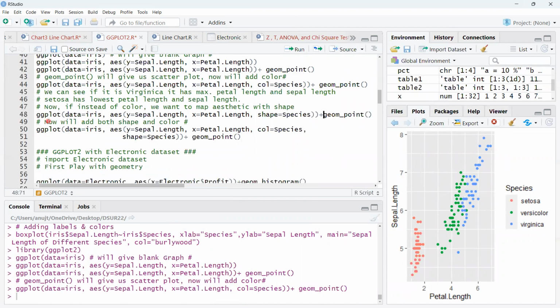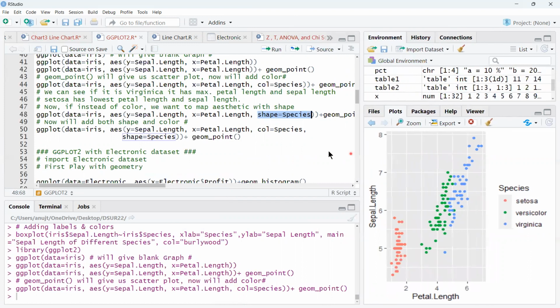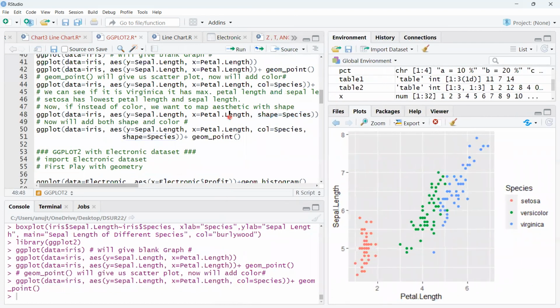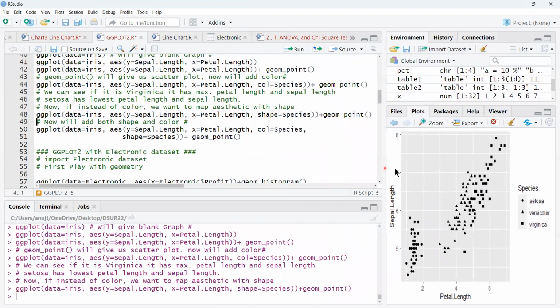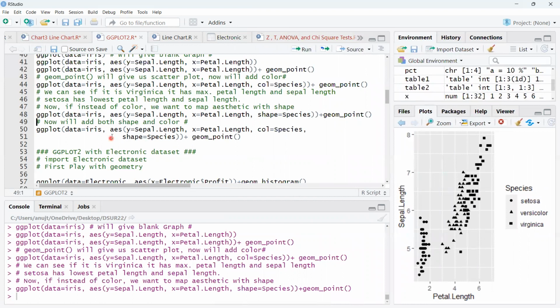Now, if instead of color, you want to categorize the species according to their shapes in the plot, I'm taking different shapes. So if I run this, now see, for Setosa we have a circle, for versicolor we have a triangle, and for Virginica we have a square. These are given by default by the plot. But if you want to use different markers, you can use marker with the PCH command, which we have discussed earlier in the previous video. Now, if we add both color and shape,